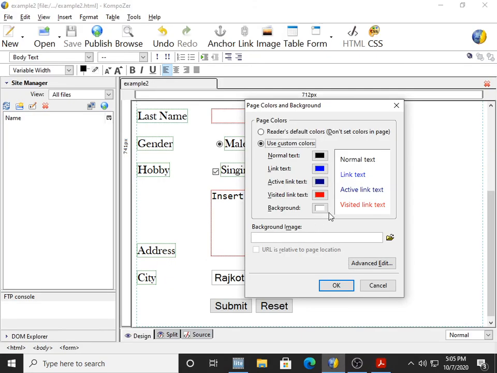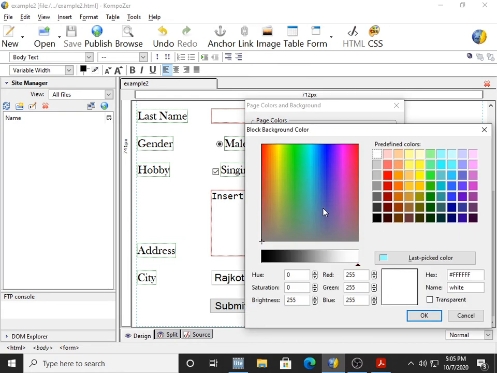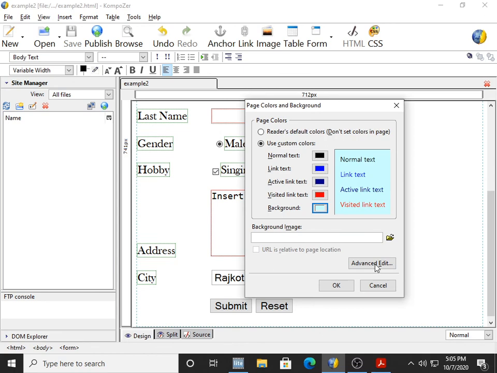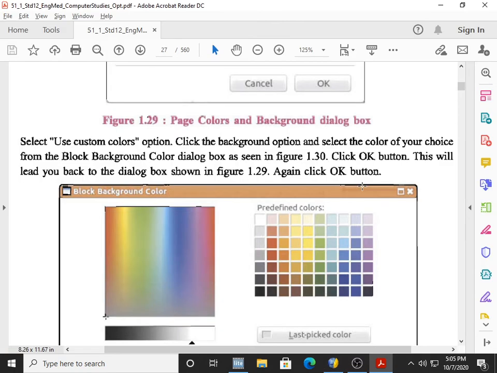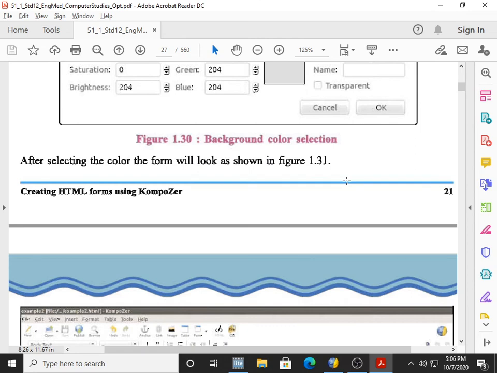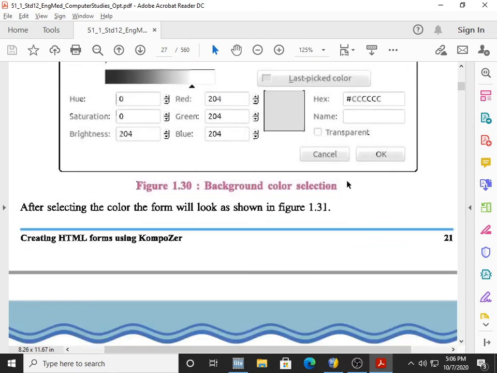Okay, we'll do it. We click on this palette of background under use custom color. So it opens block background color. Here I will select the background color, and the moment when I click on OK button, I will come back to page colors and background dialog box. Look at this. It comes over here. This will lead you back to the dialog box shown in figure 1.29 again, and click OK button. So now we will click on OK button,